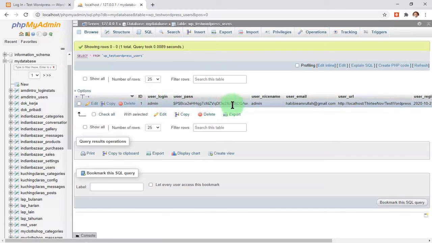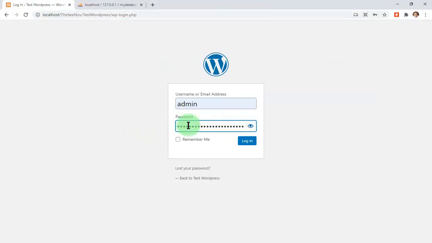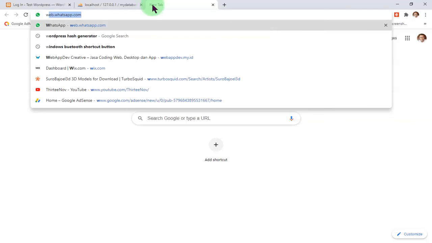The password of this user is this one, but you cannot use this password because it is an encrypted password from regular text, so you cannot paste it here. Instead, we can reset it by opening something called a